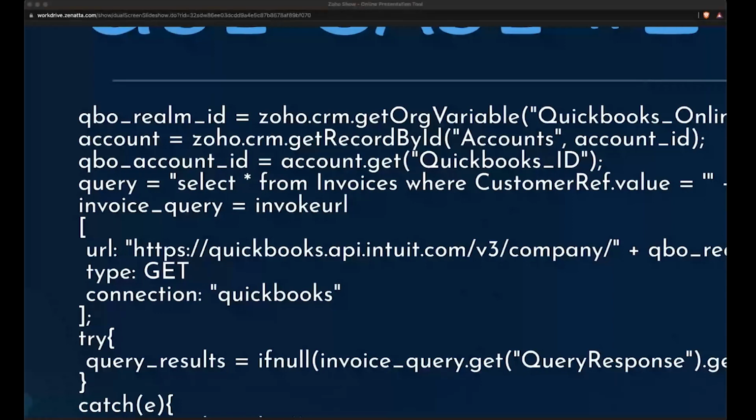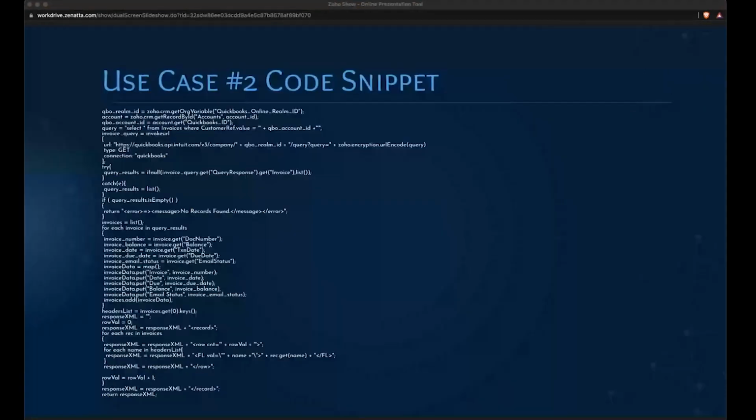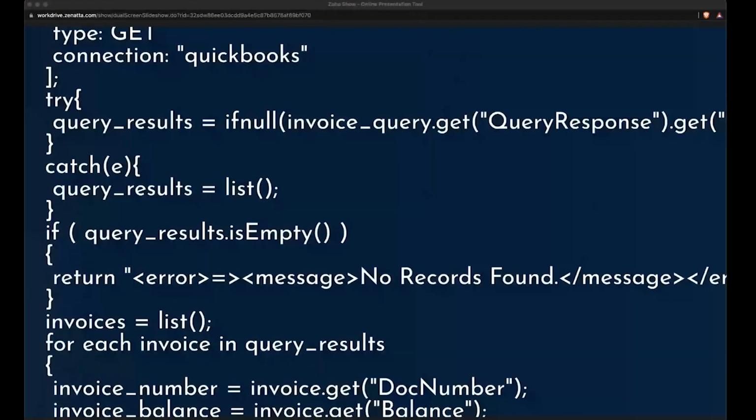So now in this case, we have a list that comes back. Oh, actually, before I forget, I want to do a little shout out to our last Zoho Developer Hangout of remembering how to fail gracefully, I believe is Mike's terminology. So here, getting the query, trying to get the query results. If something goes wrong and nothing shows up there, catching it, and then if the results are empty, there is a way that you can set up an error message